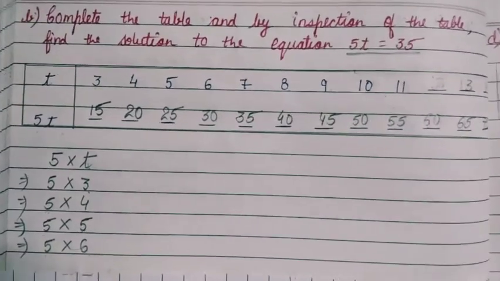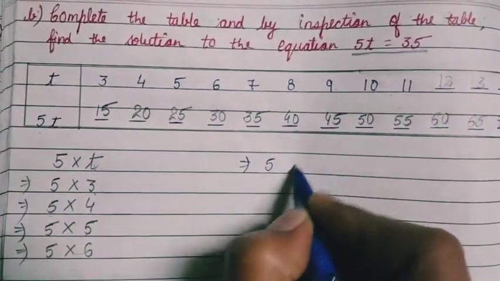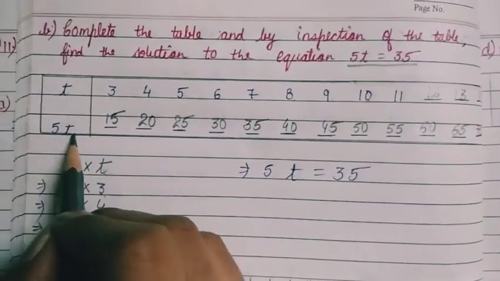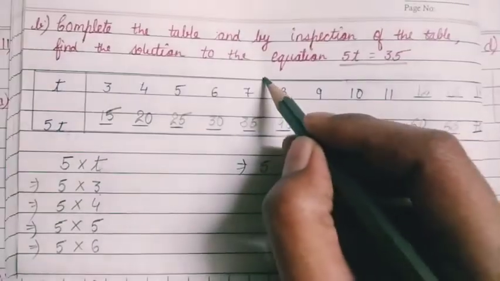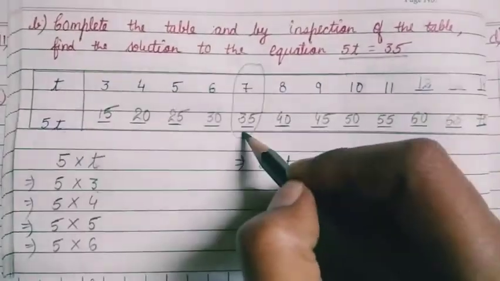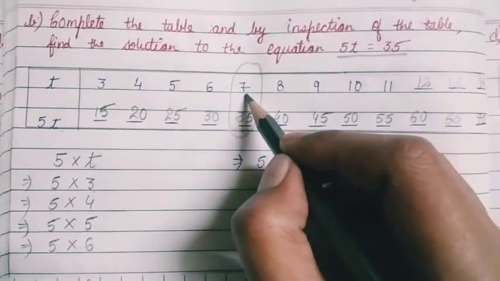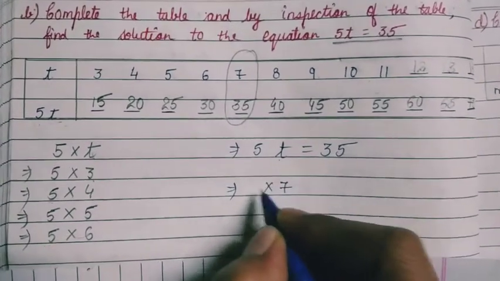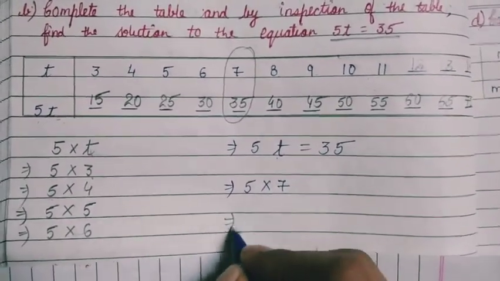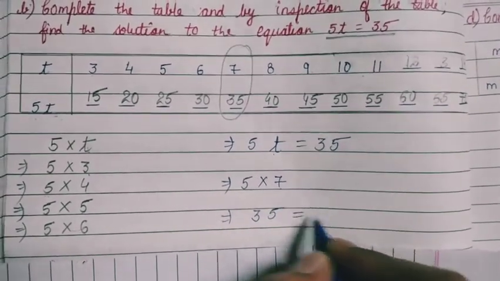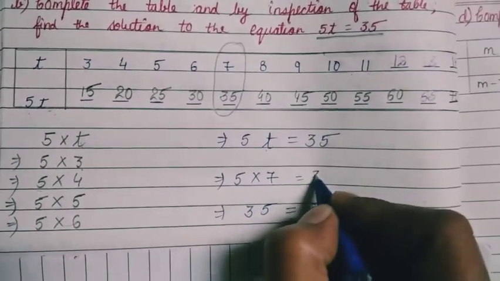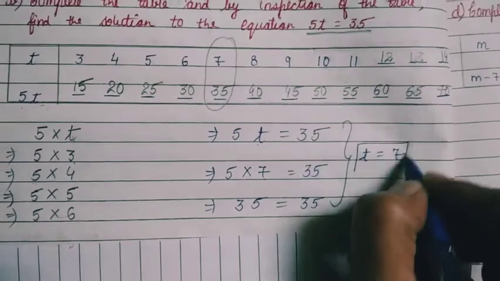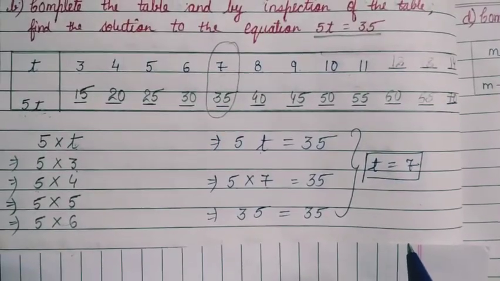And one more thing is remaining, we have to find the solution for 5t is equal to 35. Okay, in which case the 5t value is 35? Here in this case 5t value is 35 when our t value is 7. It means on the place of t we will write 7 and this 7 will multiply by 5 and 5 7s are 35, which is exactly equal the right side of 35. It means here the t value is 7, which is the solution of the equation.